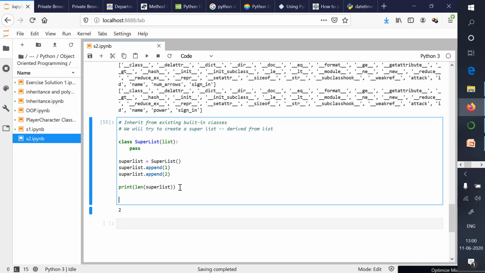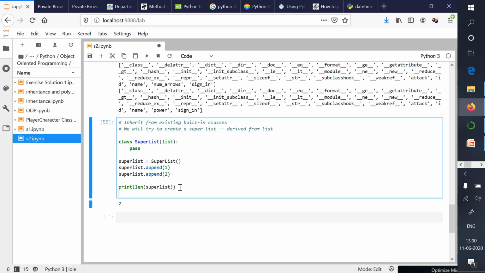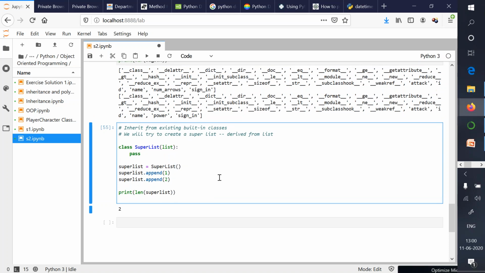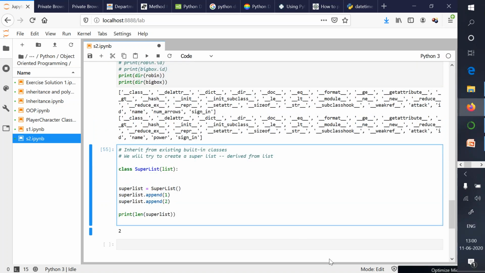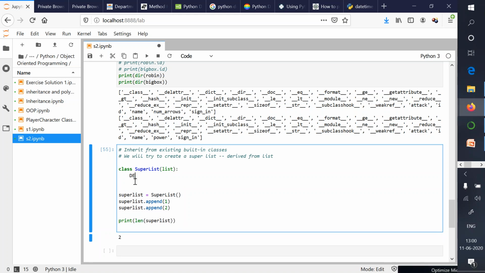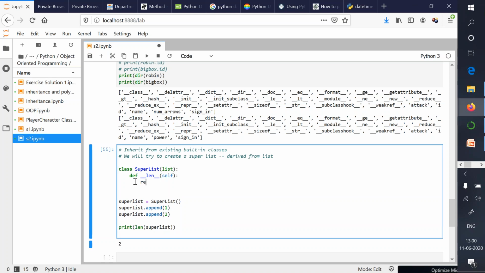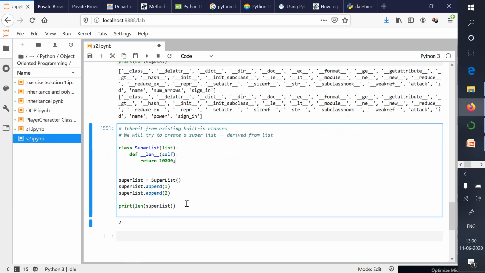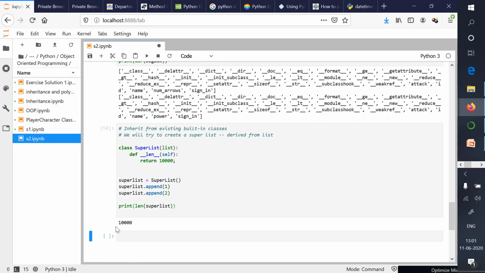So again, if I introspect this object, what we can do is, let's say we override the length method, this method over here, like this: def underscore length self, return 1000. Now what will happen if you will run this code?